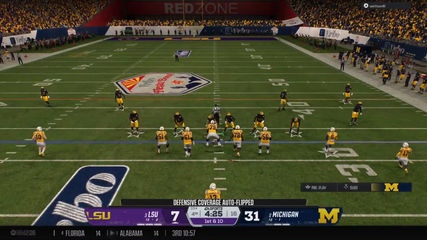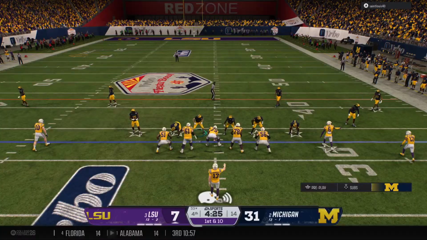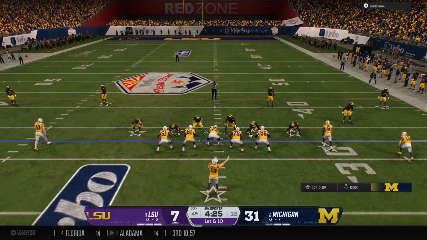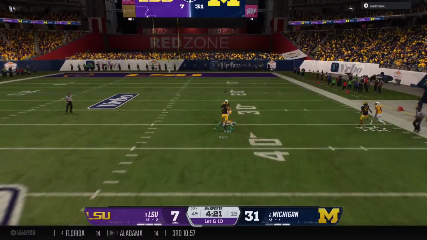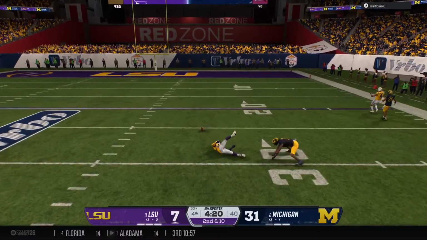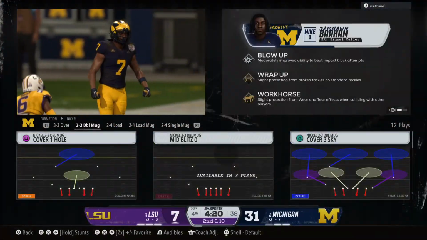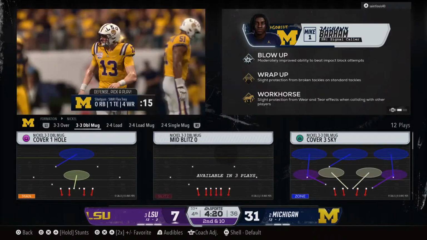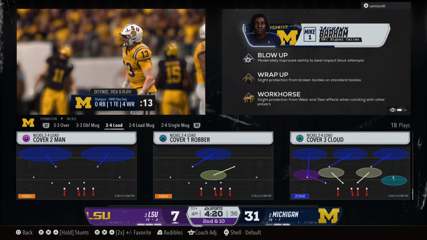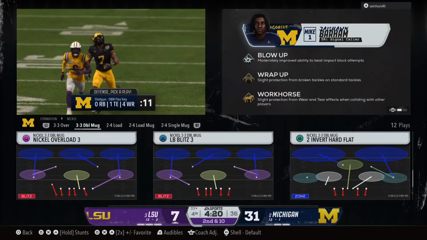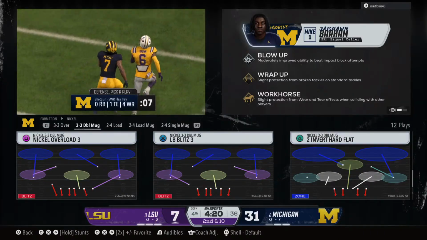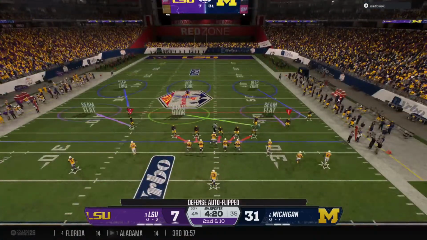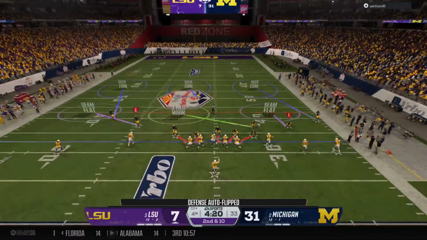Here comes the opening play of the drive. They begin from the 33. Dropping back. It's Nussmeier. Tries to beat the pressure with a deep shot. It's incomplete. He was lucky to avoid a fourth interception in this game. Second down now. Yet another incomplete pass, and this offense simply hasn't accomplished anything at all through the air today. Time is of the essence now, and a comeback seems improbable to me.